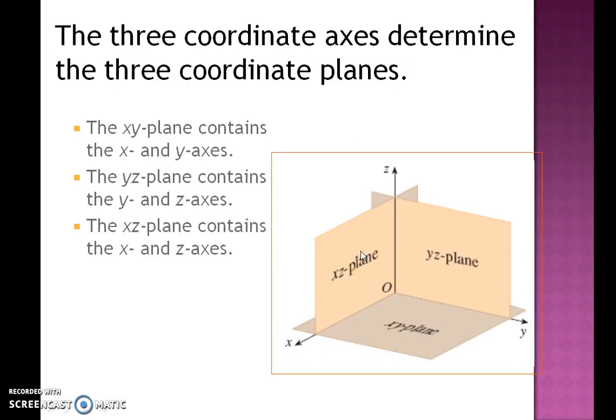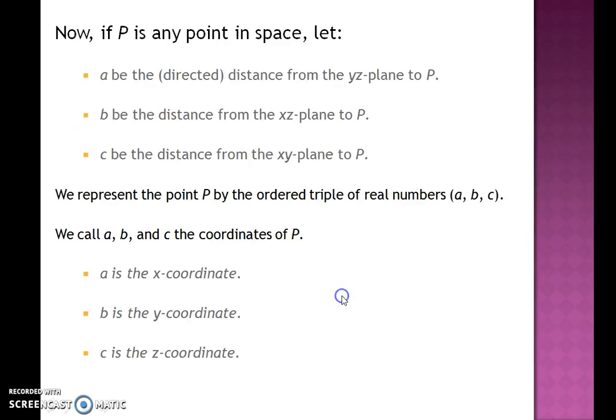the z-axis. By using these x, y, z axes, you can define the different planes: the x, y plane, the y, z plane and the x, z plane. The x, y plane, as shown in this figure, contains the two axes x and y, the y, z plane lies between the y axis and z axis, and the x, z plane lies between the x and z axis.